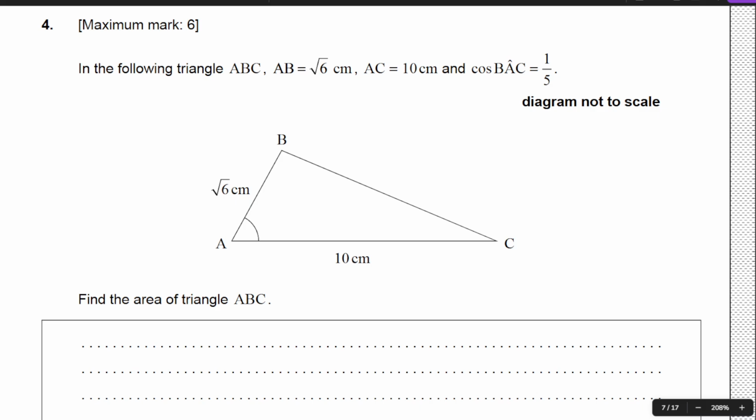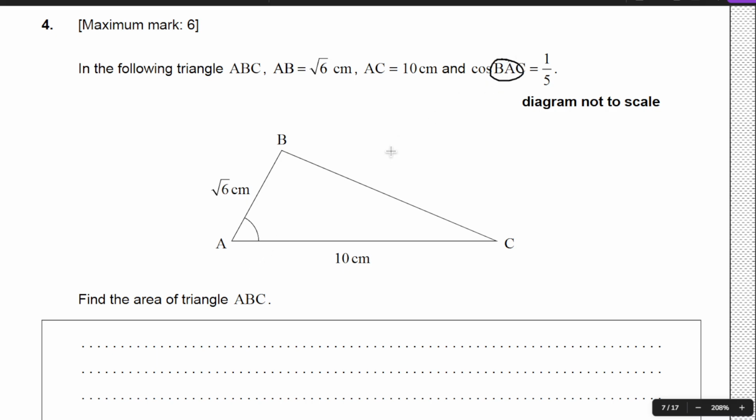In the following triangle ABC, AB equals root of 6 centimeters, AC equals 10 centimeters, and cos BAC equals 1 over 5. Find the area of triangle ABC. Okay, so from this question, we can already understand that